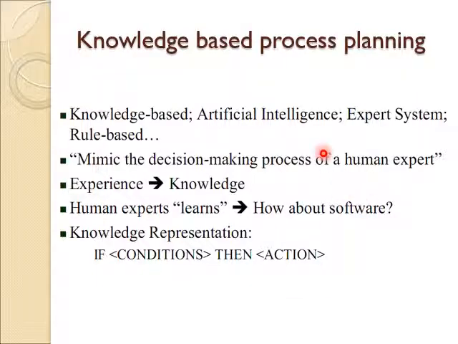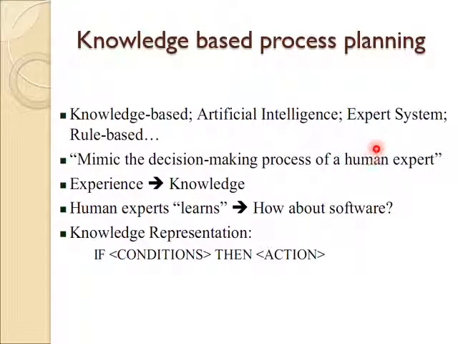So the second is knowledge-based process planning. In knowledge base, we have tools like AI, artificial intelligence, expert systems, and rule-based systems. In an expert system, we have to code the knowledge of an expert, an industrial expert or a person experienced in the manufacturing process, who has knowledge of the rules of manufacturing. Then we can encode his knowledge in an expert system, and automatically find the process planning, or any product manufacturing guidelines.